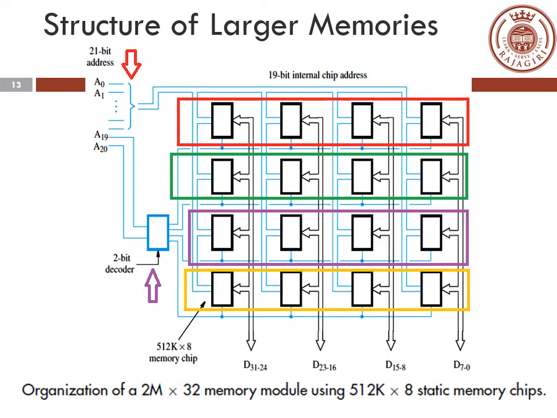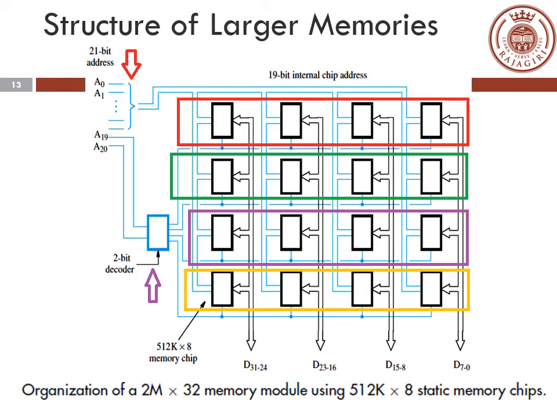Suppose you are going to select the 100th location. The 100th location in the first row of blocks will be selected. Similarly, in the next row, the green color row, the purple color row, and the yellow color row, the 100th location will be selected. Now actually the location is one among the 4 rows.